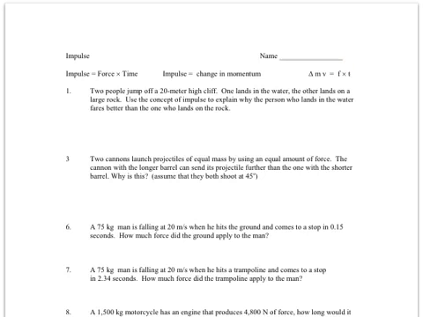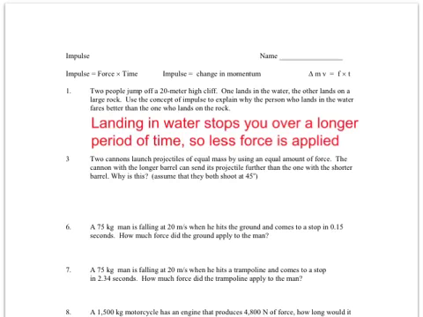They both mean impulse. So I have two people jump off a cliff. One lands in the water and sadly the other one lands on a large rock, which is why you don't jump off cliffs. And I want to use the concept of impulse to explain why the person who lands in the water feels better. And the answer is simply because when you land on the water, it stops you over a longer period of time, and therefore less force is applied. So one way of thinking of it is that if you have a certain change in momentum that's going to occur when you hit the water, but if there's a longer time involved, then the amount of force required is going to be significantly smaller.